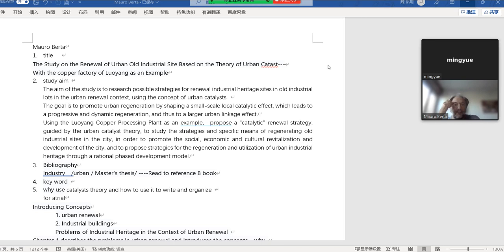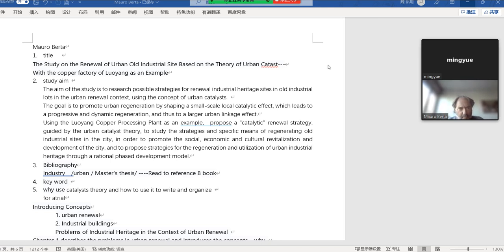For the title, I think about the series. Maybe it's a K test, this kind of series. So I changed the aim a little. The aim is still a strategy towards renewable industrial heritage, but the way it is used has changed a little, because I want to use this kind of series to do the study,